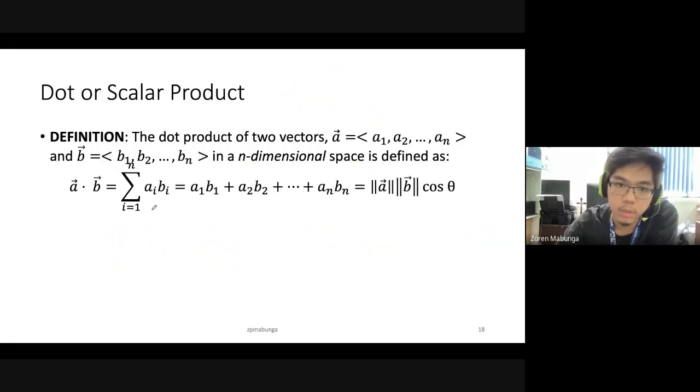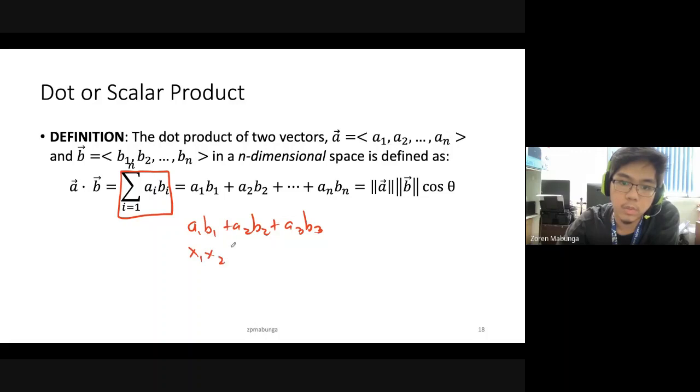So, una, using this formula. Kung 3 dimension, so A1, B1 plus A2, B2 plus A3, B3. Kung ang A1 natin is X1, ang B1 is X2, so plus ito is Y1, Y2 plus Z1, Z2. Okay? So, yung isang way. Or, pwedeng gawin mo, magnitude ni A times magnitude ni B times cosine theta, which is yung theta na to is angle